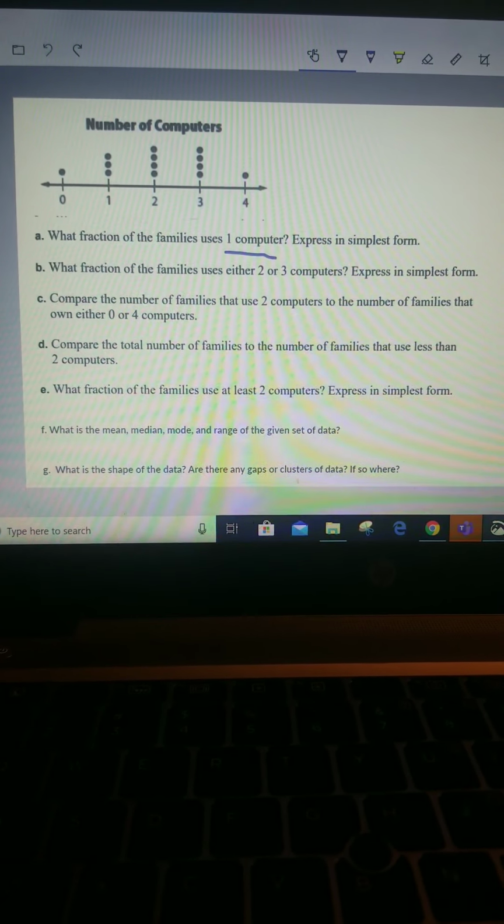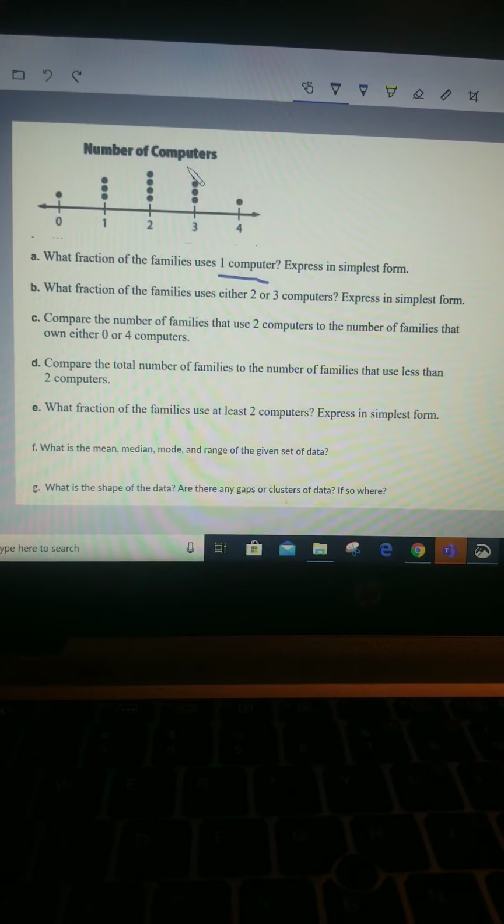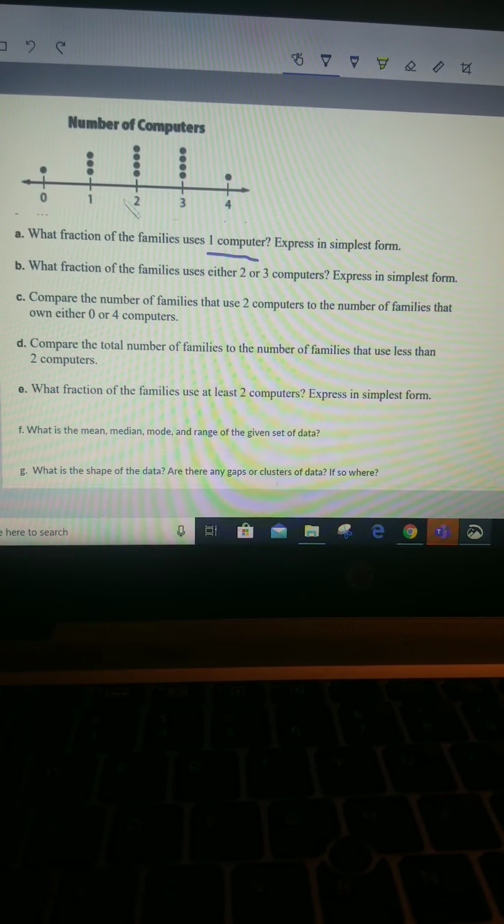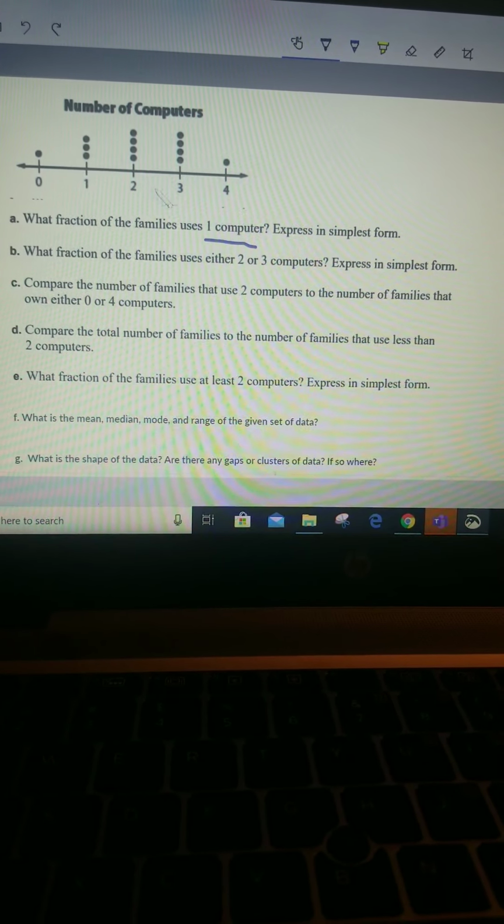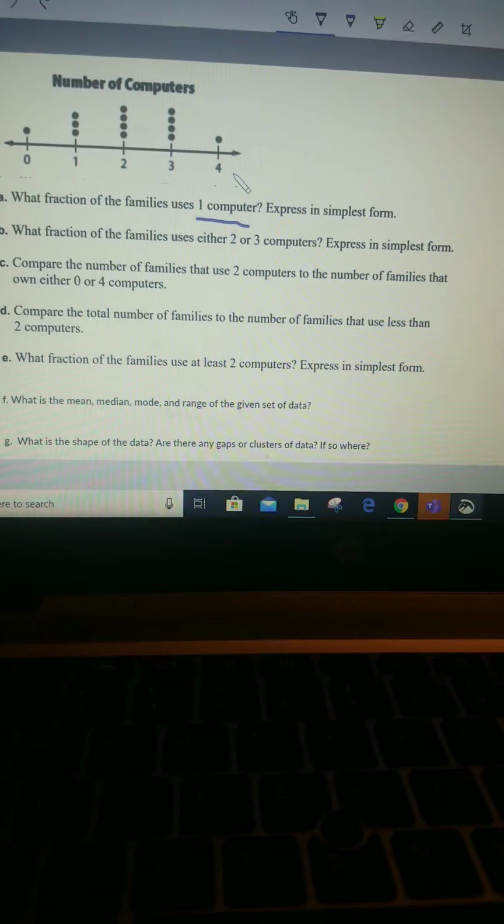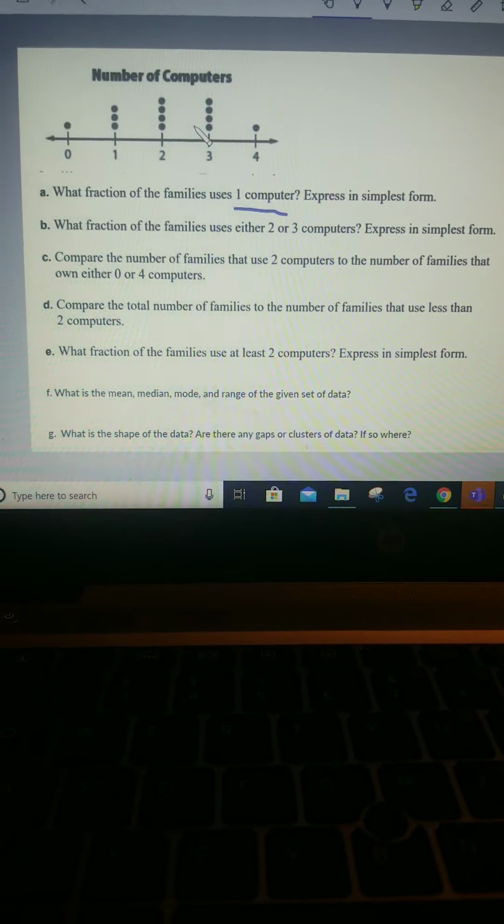We're going to be interpreting dot plots. So this dot plot represents families with different numbers of computers. So one family has 0 computers, 3 families have 1 computer, 4 families have 2 computers, 4 families have 3 computers, and 1 family has 4 computers. So I transferred this dot plot onto a piece of notebook paper so that it's a little bit easier to